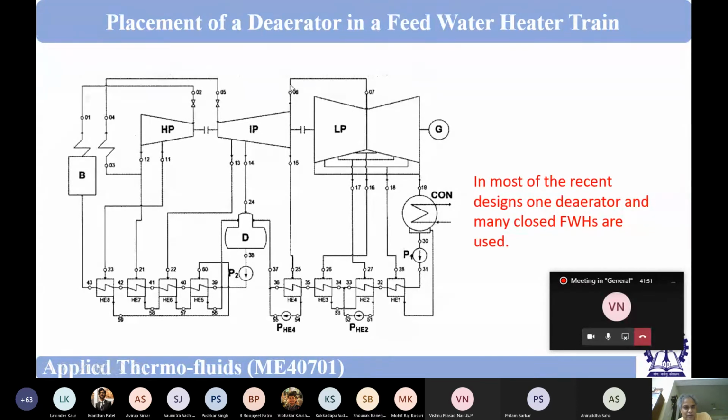So what is done in most power plants, here we are coming, and there are two LP turbines. You see, this is the inlet of the turbine and this is the outlet of the turbine. A mirror image of this will be there. That means this steam is coming, getting divided into two parts. One part is going to this LP and another part is going to that LP. So otherwise, this steam turbine could have been this big. So that we have avoided by this design. This is a very common feature in the LP stage of the steam turbine. What could be the other advantage of having this kind of design?